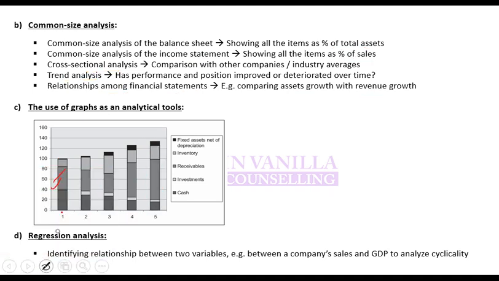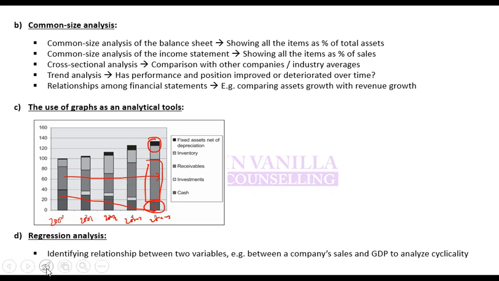Or if I tell you that this is the time series for the same company, this is, let's say, 2000, 2001, 2002, 2003 and 2004. So you know that over time company's liquidity has deteriorated. Liquid instruments have become lower, large fixed assets have become higher, and receivables have significantly increased. That means company's credit has significantly increased, and you can match it with revenue, whether revenue has also grown or not.